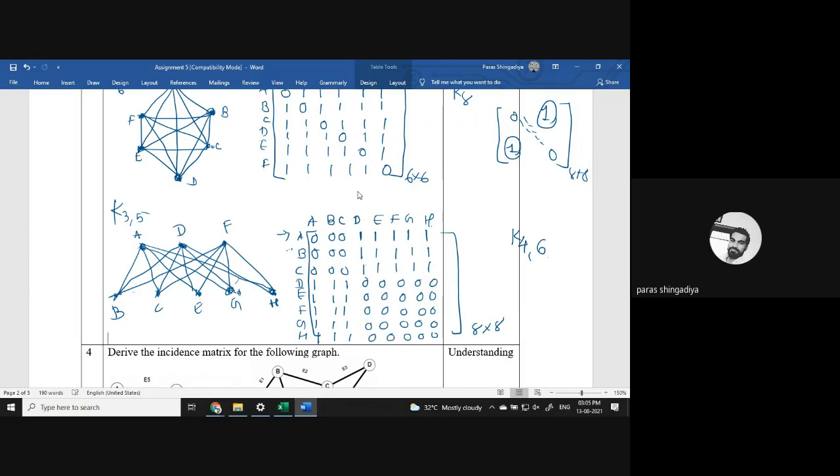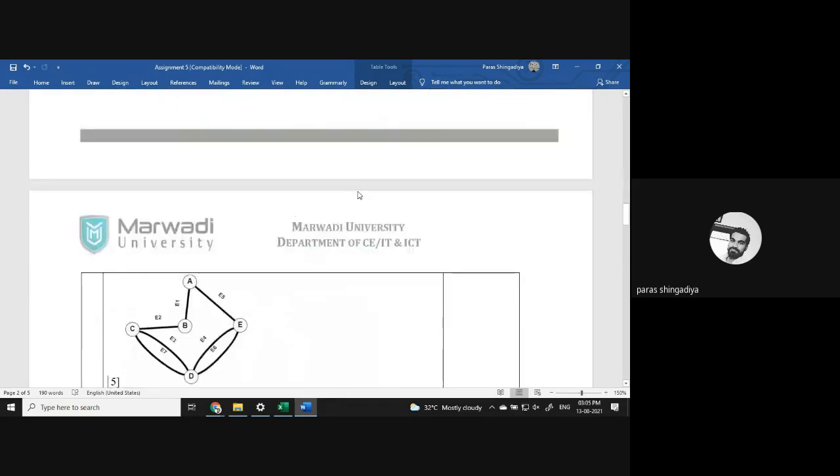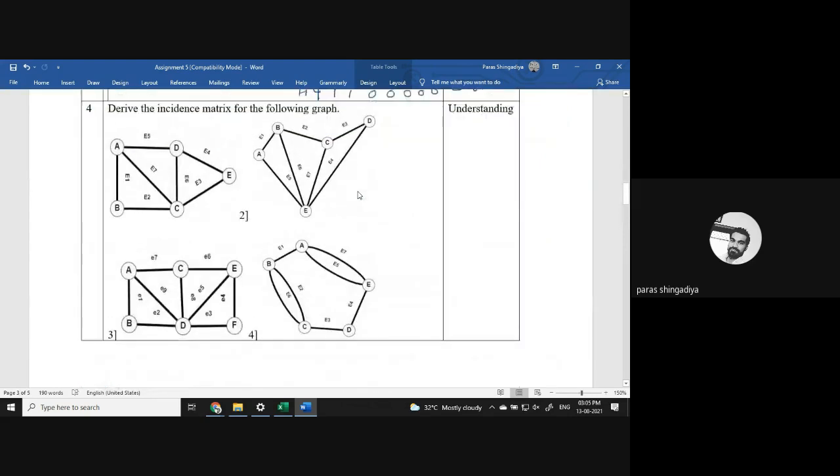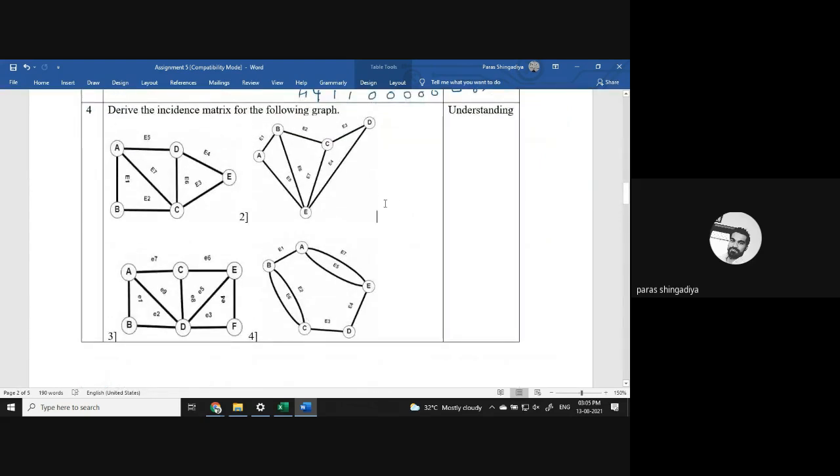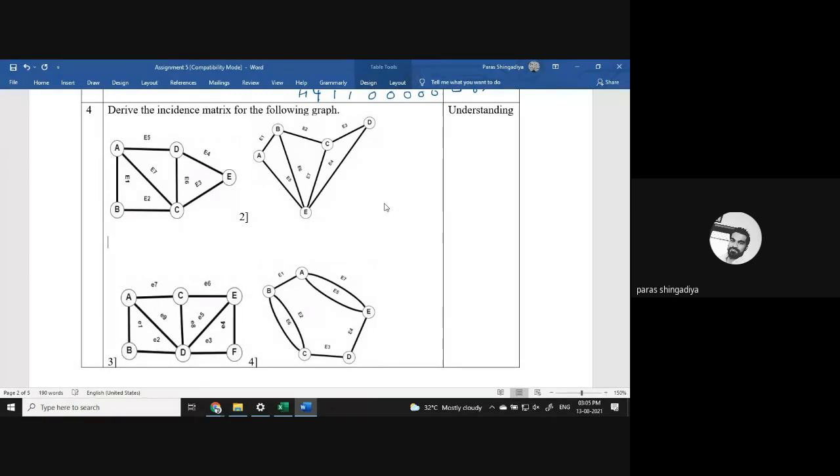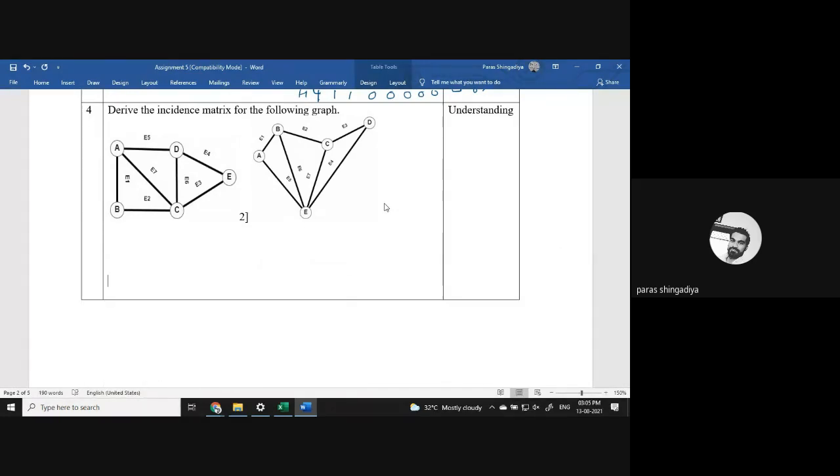Okay, so is there any doubt in adjacency matrix? Any doubt, any query? How to derive the matrix, and from matrix how to derive the graph? You can also add some more graph, more matrix, clear, and then after you can check the adjacency matrix case. Clear? Now next part of this unit, that is incidence matrix.